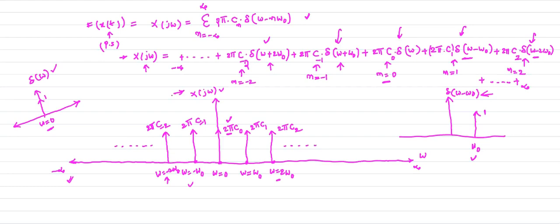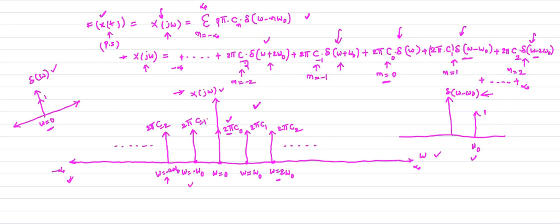So this is the spectrum of your periodic signal in the frequency domain. I just found the Fourier transform of x of t, and for that I got x of j omega. Here x of j omega is the frequency domain signal, so it is a complex signal, having both magnitude and phase. Using this summation expression, I just drew this plot of x of j omega versus omega, which is the spectrum of the periodic signal.